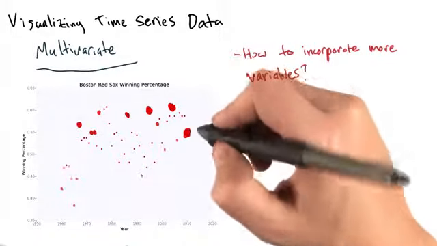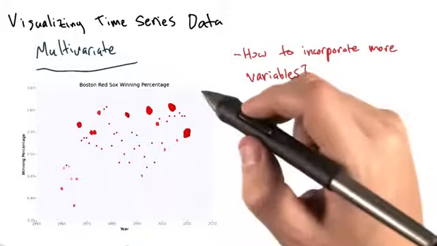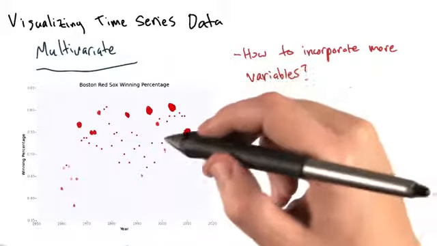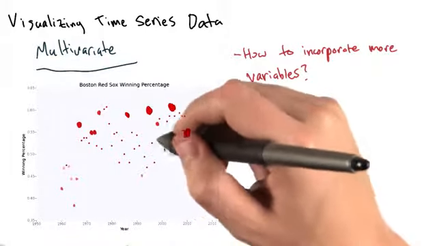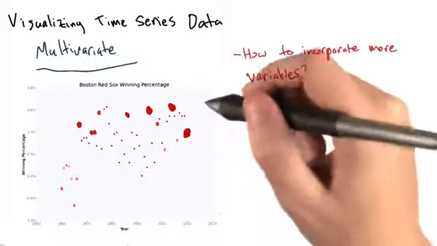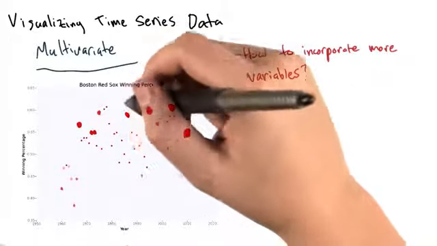We can use the size of the points to represent the number of home runs hit by the Red Sox players that year. Dots that are larger mean that more home runs were hit in that year, whereas smaller dots mean that fewer home runs were hit. Hopefully, what we would see is that bigger dots occur when the winning percentage is higher. I've filled the plot in with some dummy data just so that you have an idea of what this might